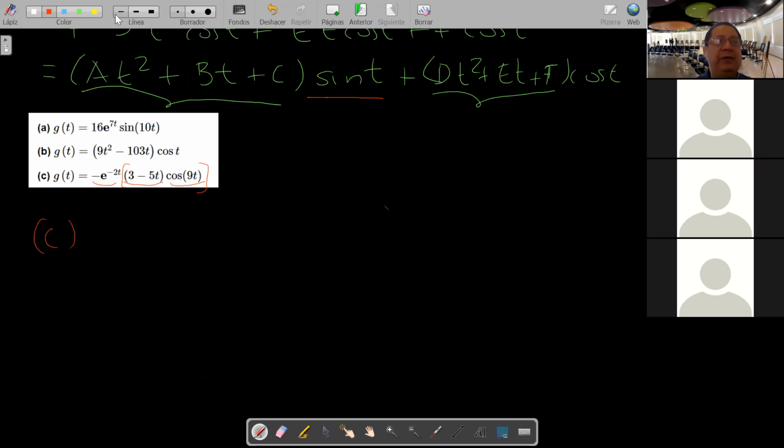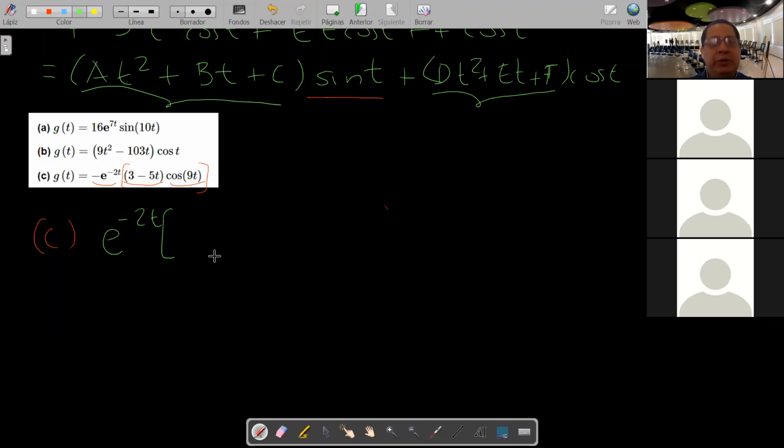So our guess will begin with the exponential times something, right? Without the coefficient, of course. And that something happens to be the product of two basic functions, a polynomial and a cosine, a first order